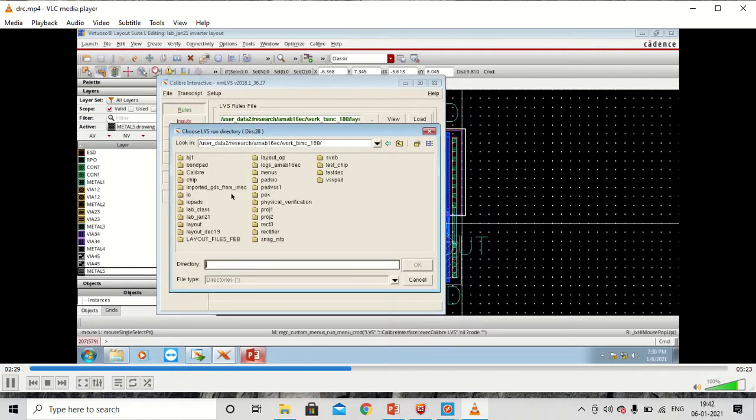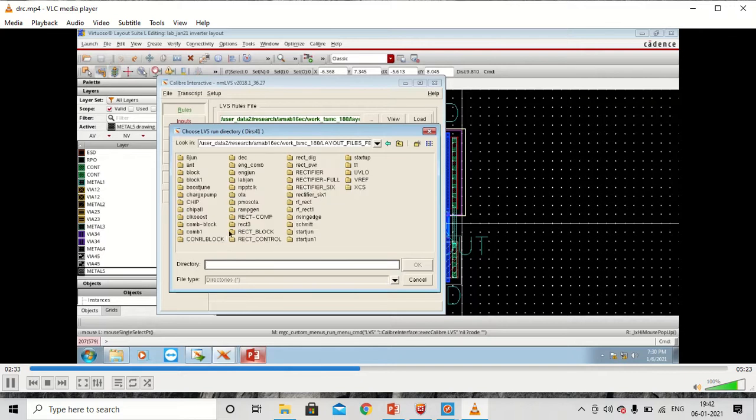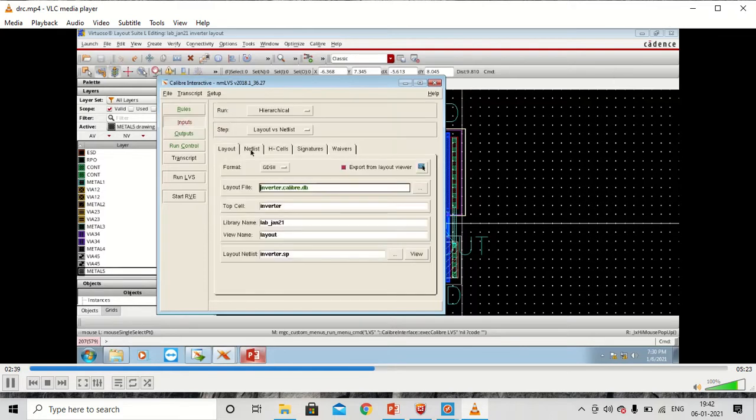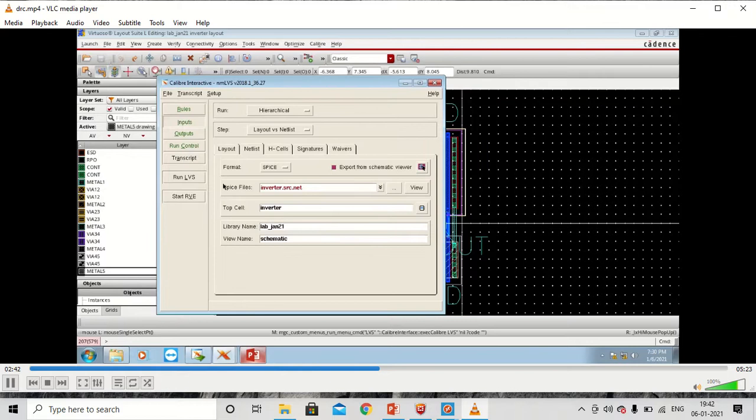Calibre LVS is the rule file. The run directory we will again select. Okay. So here what you need to do, since we are matching the layout and schematic, we need to extract the schematic netlist. So we'll go to input netlist.